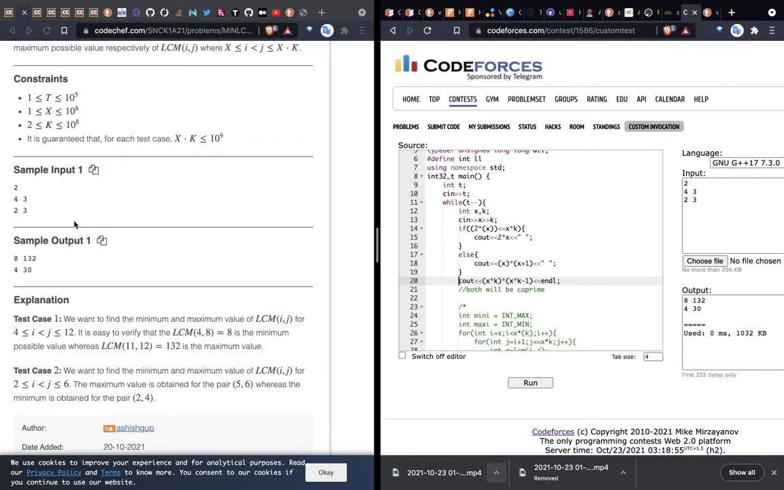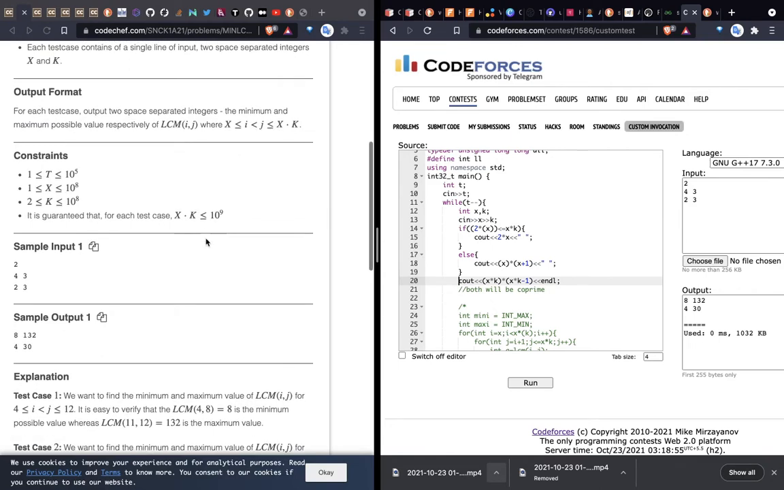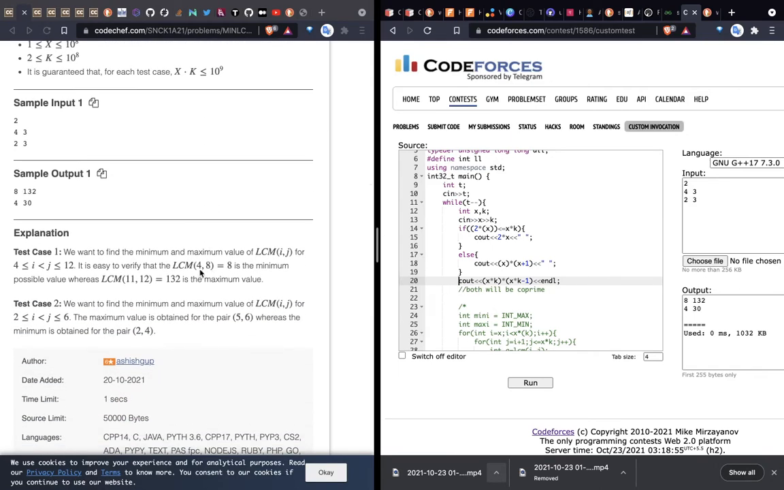Like you can't choose 1, because 4 into 1 would only be 4, and i and j cannot be the same. So the answer would be the LCM of the lower number and twice the lower number. Now a problem arises that maybe in the given range, x into k might not have 2 into that